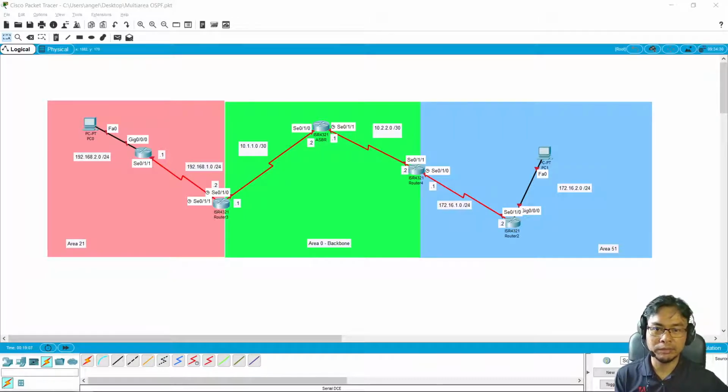You can even create some loopbacks to check even further how updates are going to be propagated to the rest of the network. You can do that later. And the same is true with the other area, area 51. And we have here